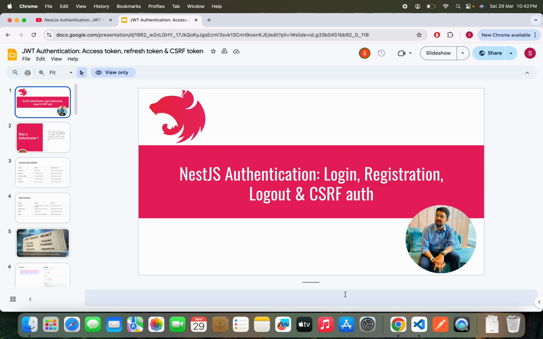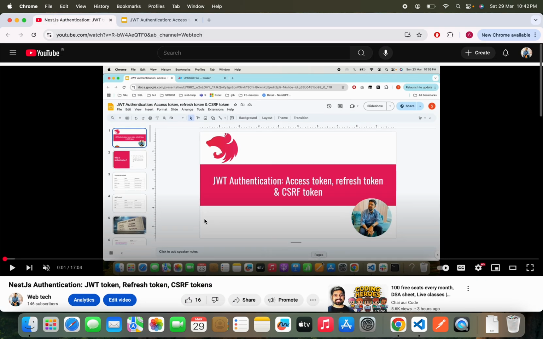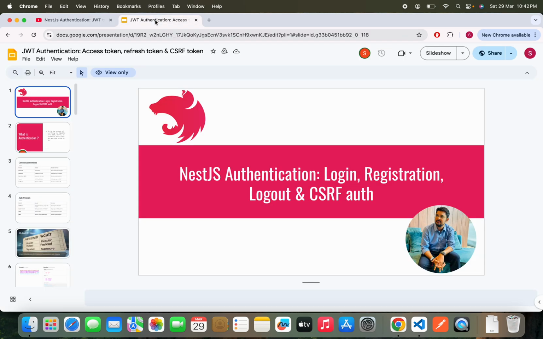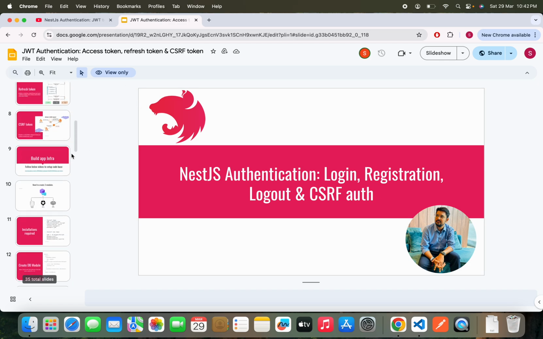So today we are going to explore the other segment of NestJS authentication. In my previous video you might have seen the theoretical aspect of authentication, and today we are going to design a login system, a registration, logout and CSRF token authentication methods. Okay, so